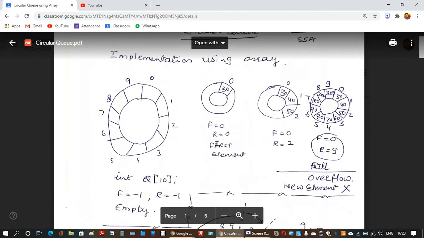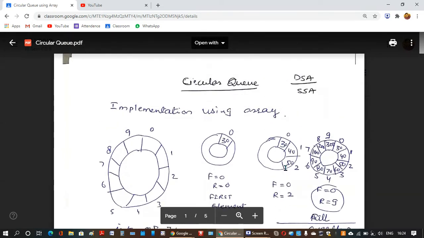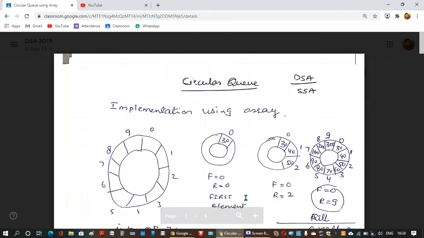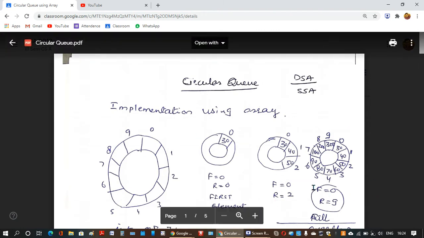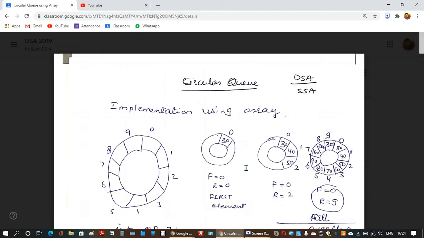You already know that there is a false overflow or virtual overflow problem in queue implemented using array. So here, when we implement queue in a circular fashion, there will be no false overflow problem. So circular queue is also considered a solution for false overflow.